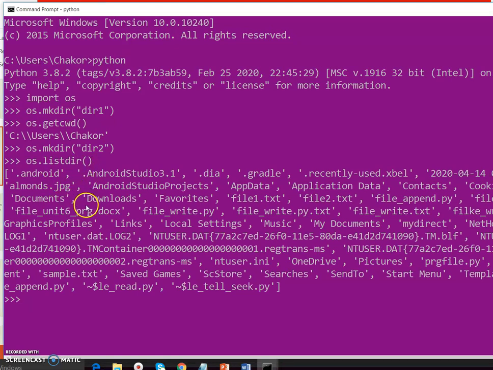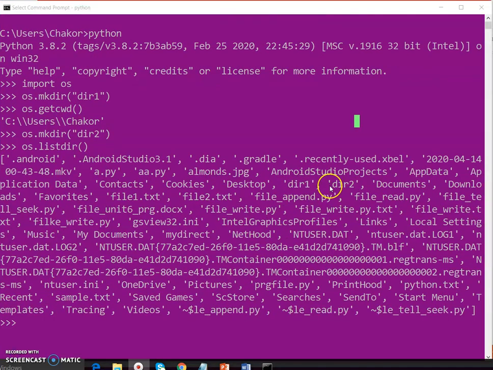It has shown all the files and folders present in the folder. Recently we have created dir1 and dir2, so these two folders are created under the current directory.